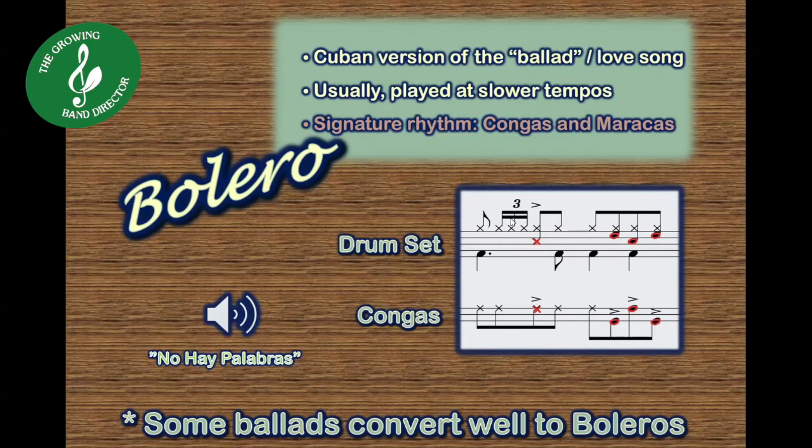Yeah, so the Cuban Bolero is a ballad, Cuba's version of the love song, and basically they are played at slower tempos, and it's got a signature rhythm, and basically with the congas you've got